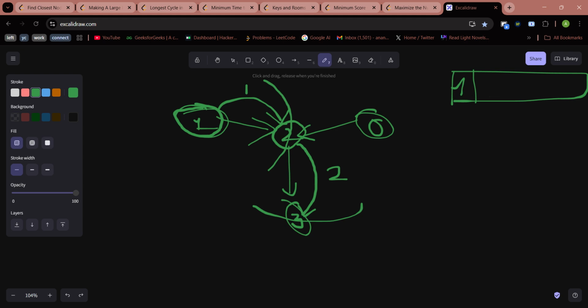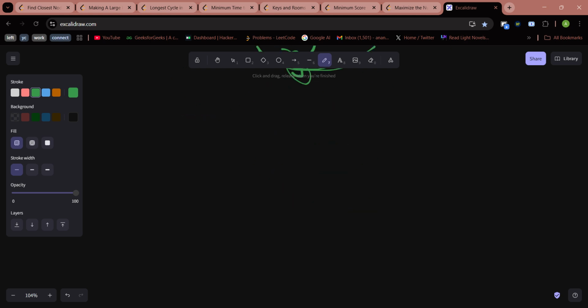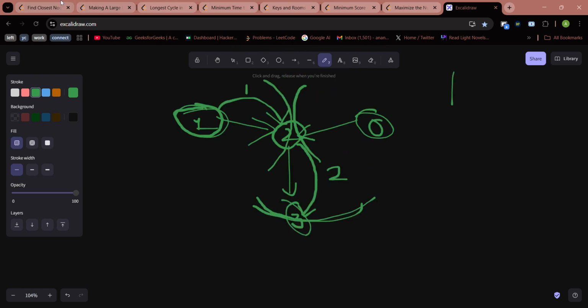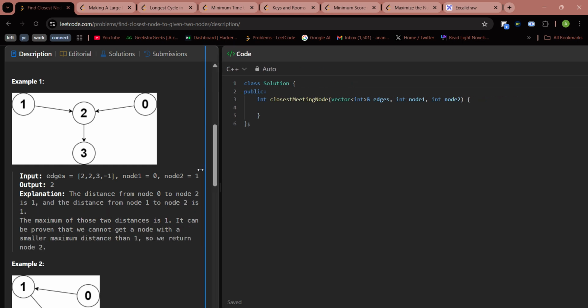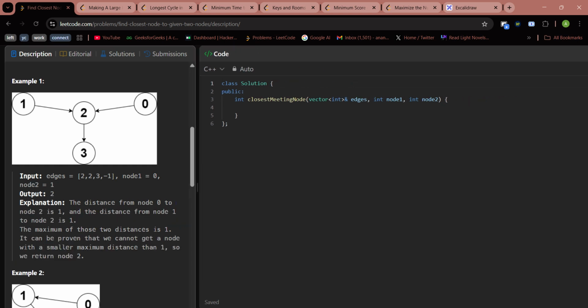नाउ सिमिलर फॉर दिस नोड 0 ऑल्सो। मैं यहाँ से नोड 0 से एक BFS कॉल करूँगा और अगले नोड पे जाऊँगा, फिर उसके बाद एक BFS और कॉल करूँगा, फिर अगले नोड पे जाऊँगा। सो दिस पर्टिकुलर क्वेश्चन आई थिंक इट्स प्रिटी ईजी इफ़ यू हैव वॉच्ड माई प्रीवियस वीडियो, क्योंकि इसमें सिंपल सा BFS का कॉन्सेप्ट लग रहा है जिसमें हमें मिनिमम डिस्टेंस निकालनी है और बस जो मिनिमम डिस्टेंस बेस्ट आ रही है उसी इंडेक्स को रिटर्न कर देना है।